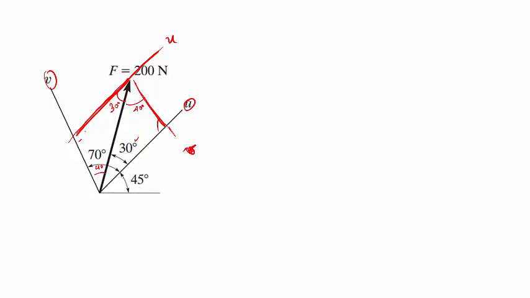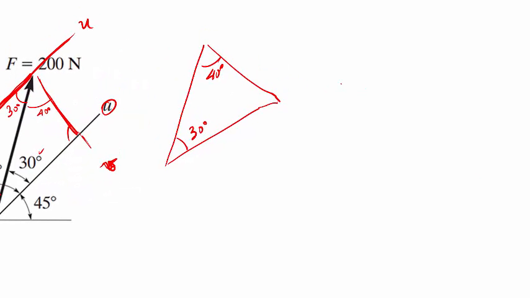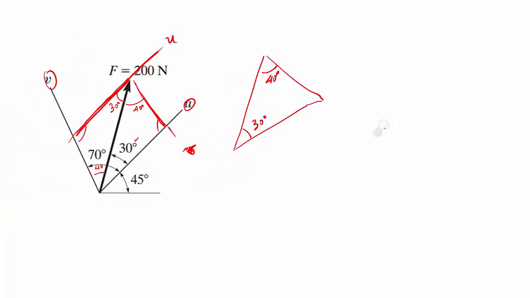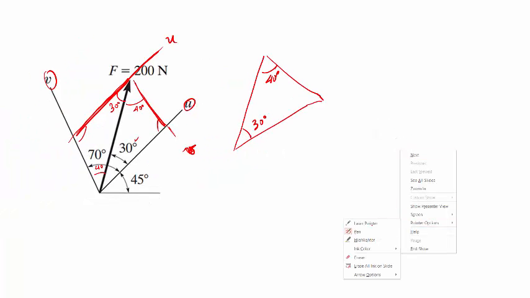And then this angle here, in a parallelogram the angles add up to 360, but for this triangle, I'm going to draw it separately here. We have here 40 degrees, here 30 degrees, so 180